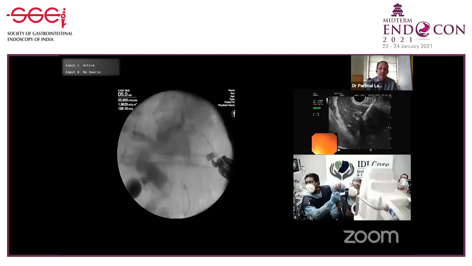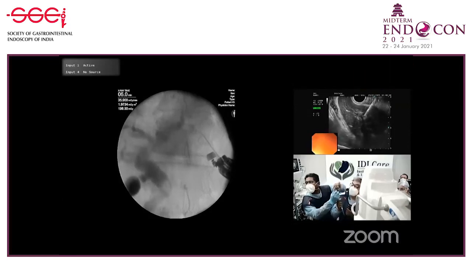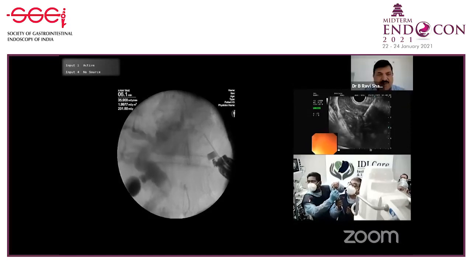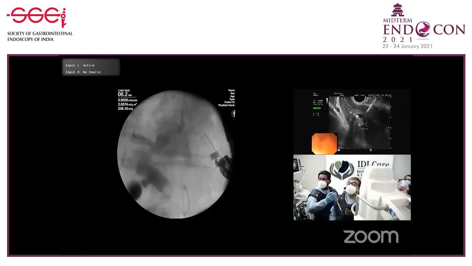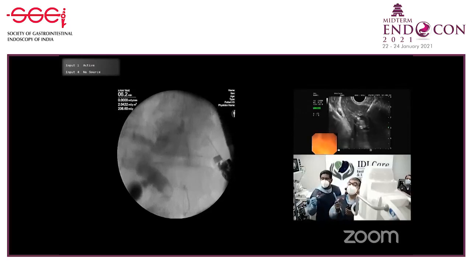8 more minutes as I can see. Okay, no, this is not good. Withdraw. So the wire you are using is Terumo wire? The Terumo helps me in rotating very well. So now what I am doing is I am checking whether my needle is in the right position. Sometimes the needle doesn't remain in the right position.